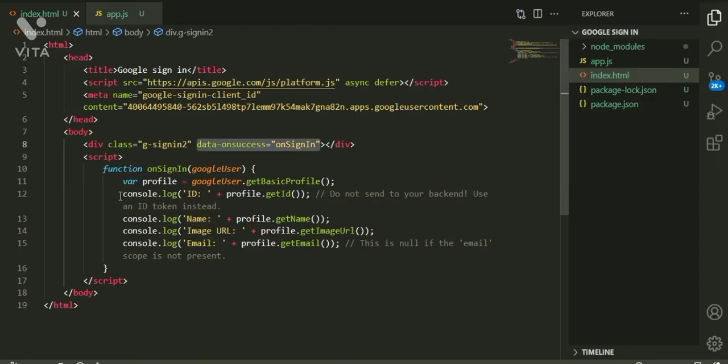If we see this, we are logging ID, name, URL and mail. So like this, we can access ID, name, image and email.